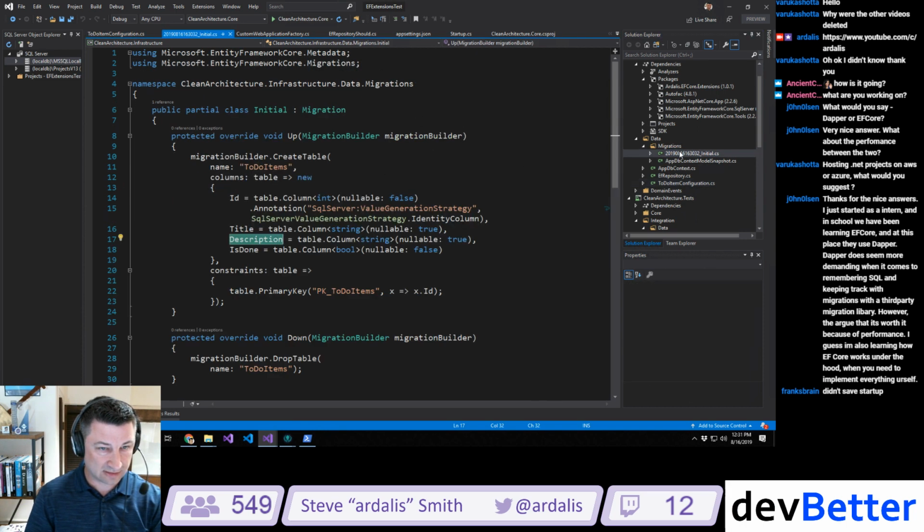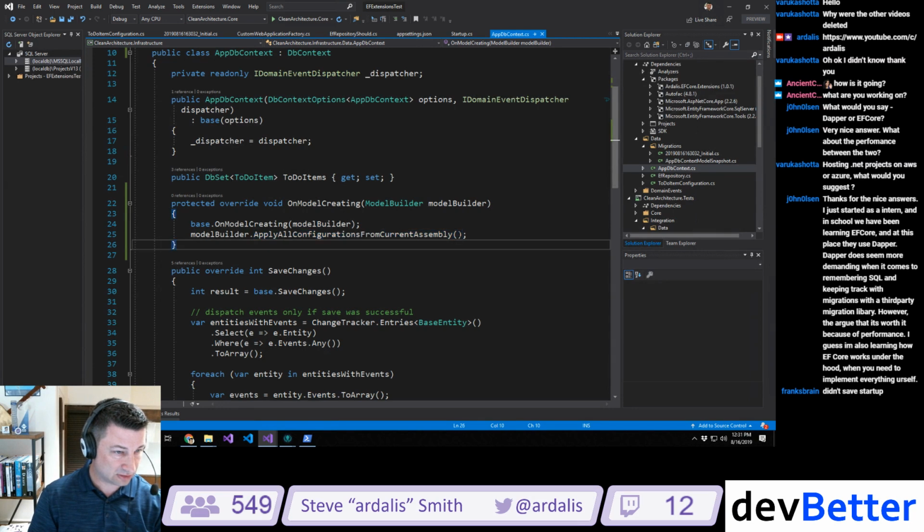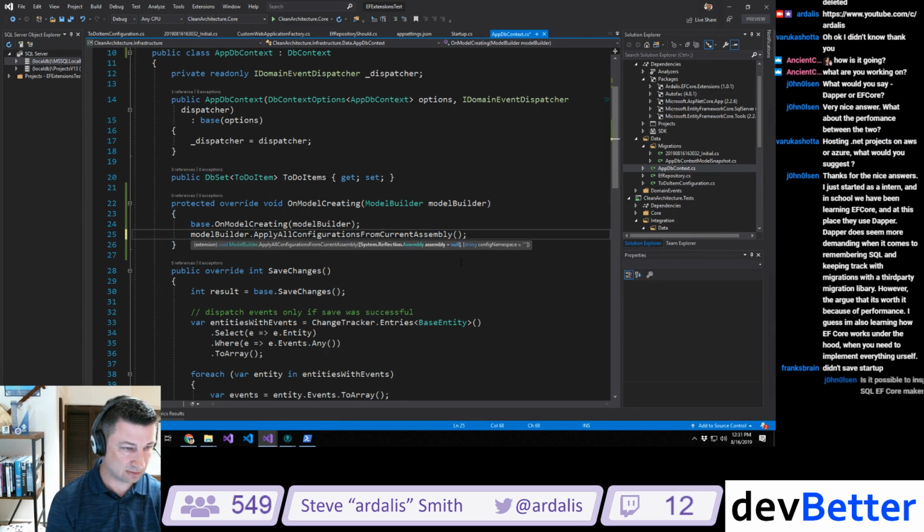So what did we get though? Title property is nullable, and there's nothing here about its length. So it clearly did not work. Now how do I get this to work currently? Like, why aren't people telling me that my thing sucks and that it doesn't work? Well, it actually takes in an assembly, right? And so,